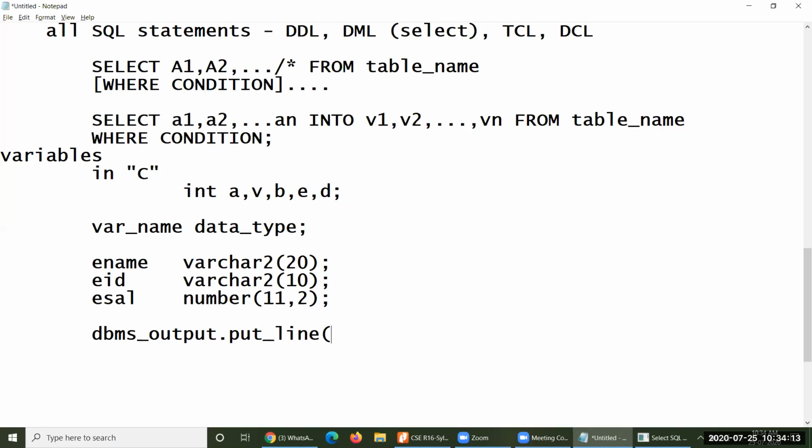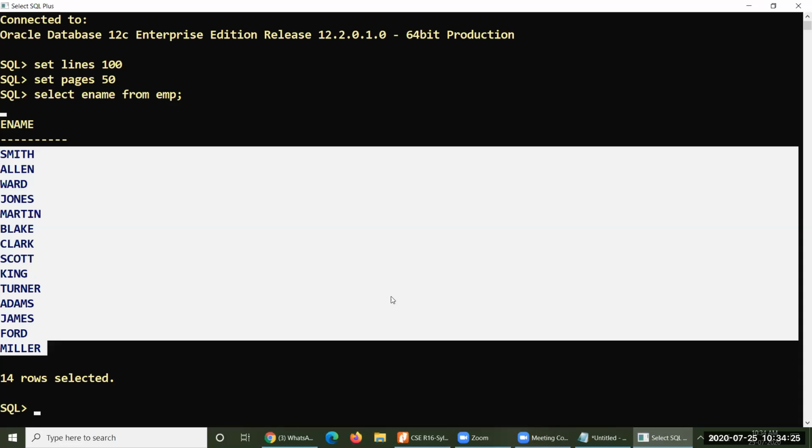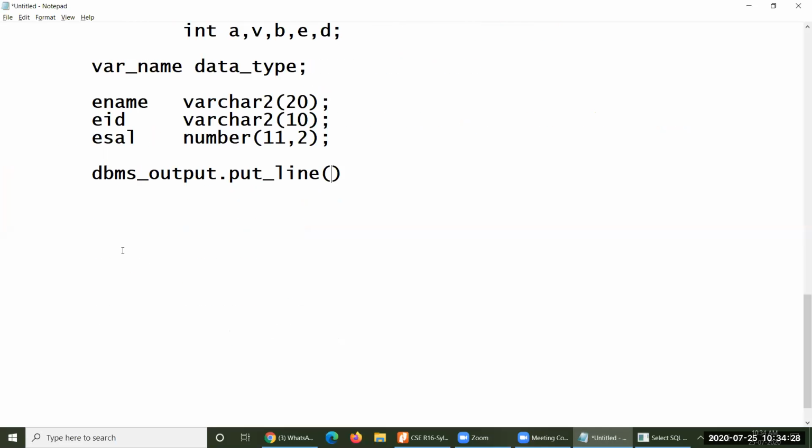It always takes a single parameter. I will let you know progressively as you come across it. Okay. So let me write a small program for you. Look at this. If you want to write a program in PL/SQL, at the SQL prompt you just operate ed followed by the program name. Actually, this program name can take .SQL as its extension. You may give it or not, that doesn't matter.